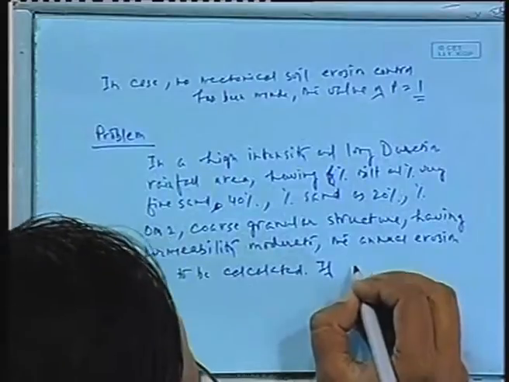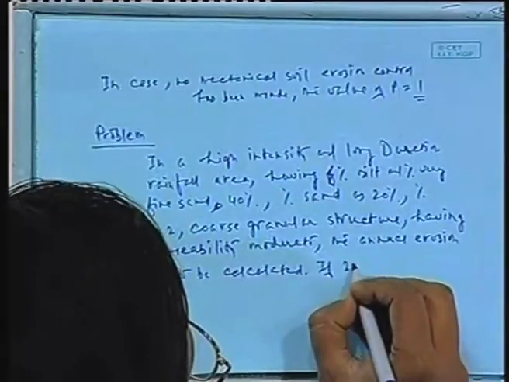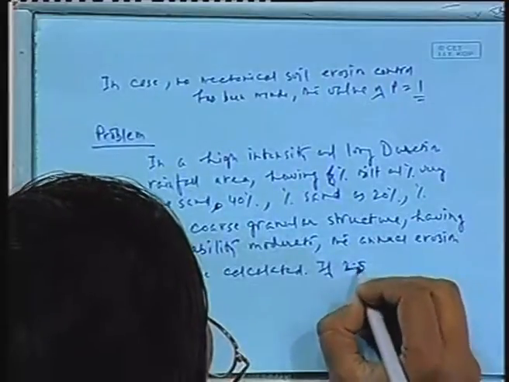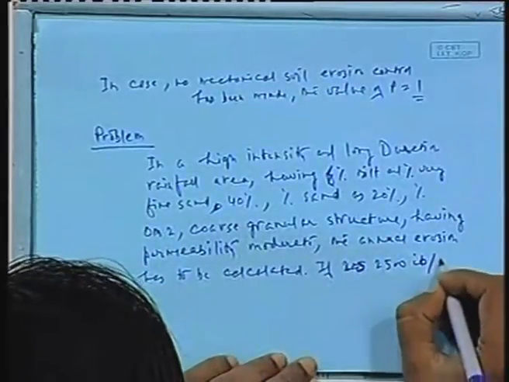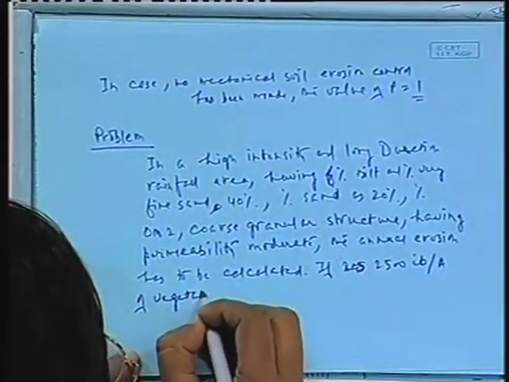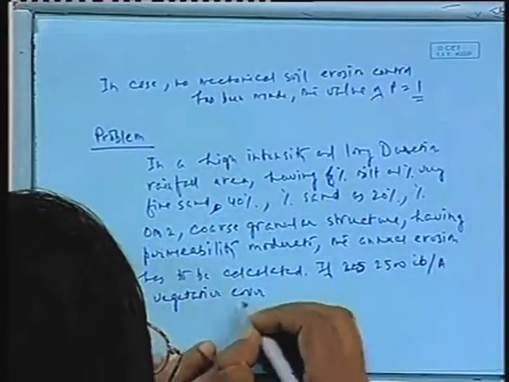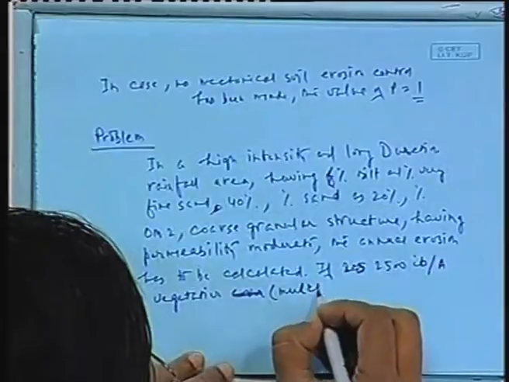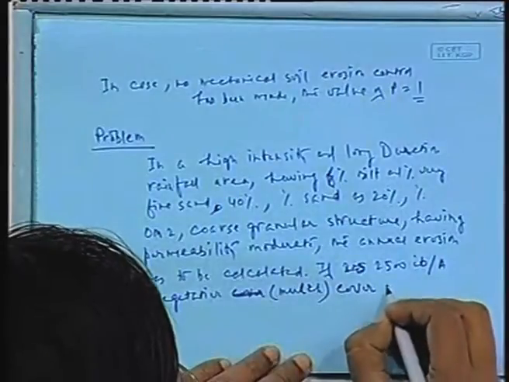If 2500 pounds per acre of vegetative or mulch cover is given,